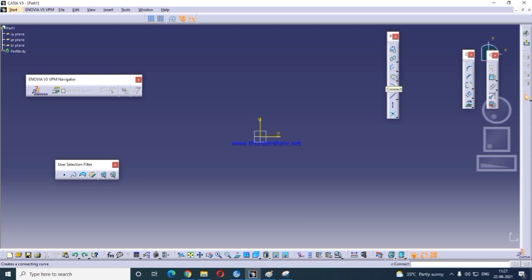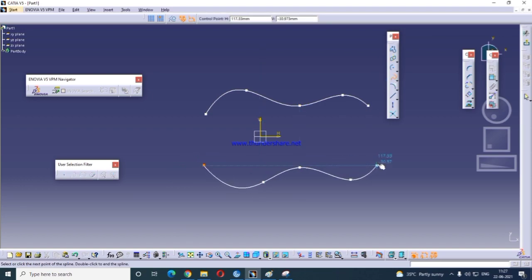Then go to the next option, Spline. Whatever spline curve you want, you create like this. Connect Curve is, if you have two spline curves, you connect from this curve to that curve.